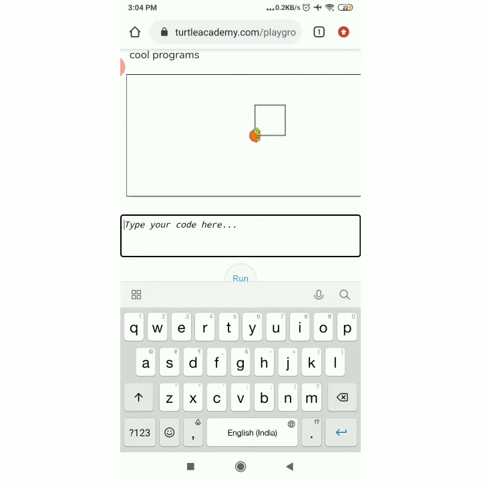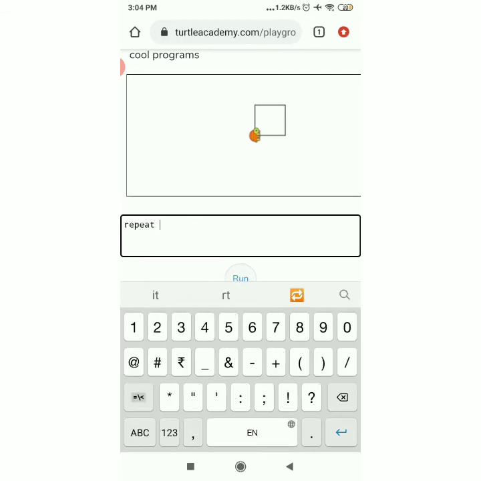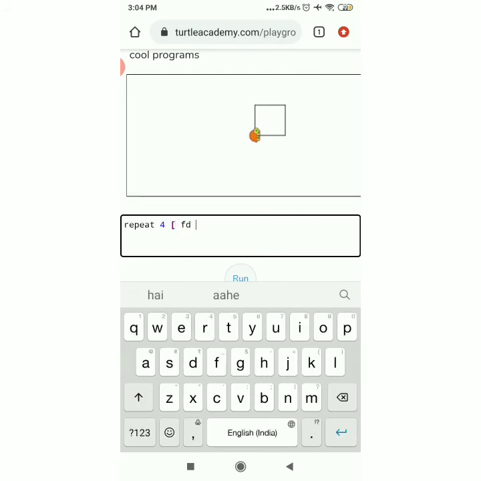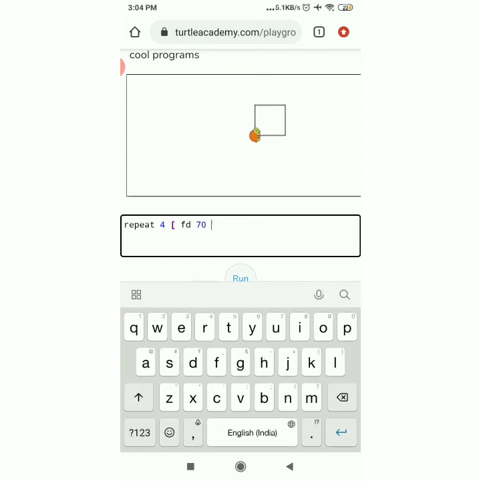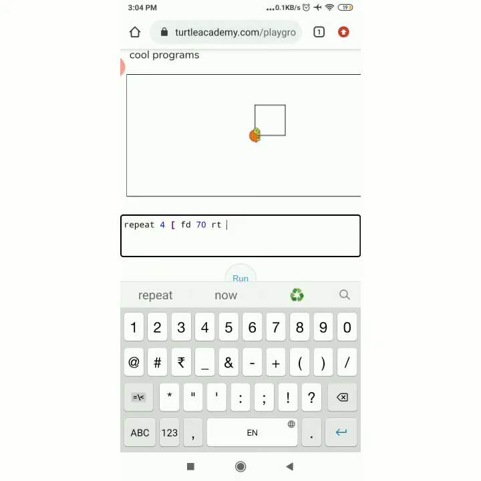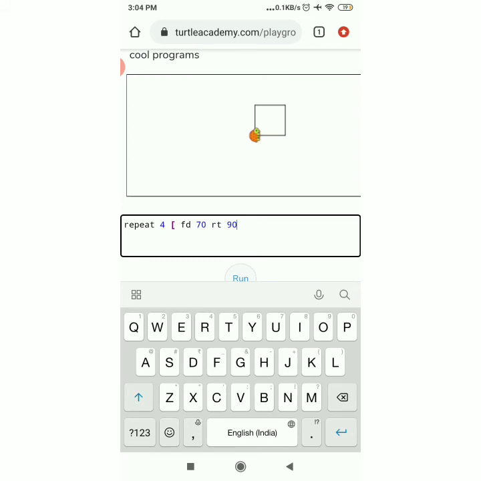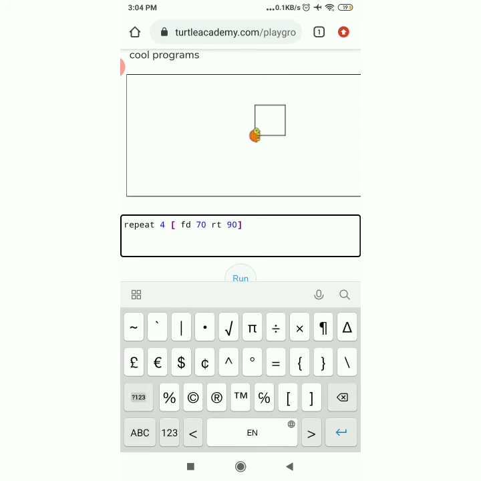Now I'm making one more square here only. REPEAT 4 square bracket, FD 70 space bar, RT 90 and square bracket close.